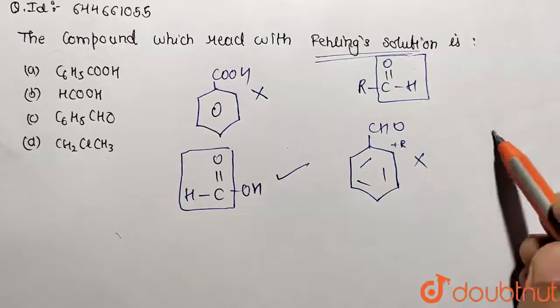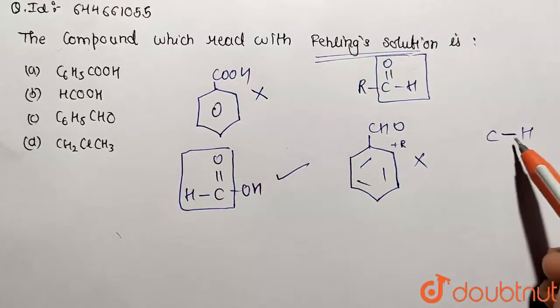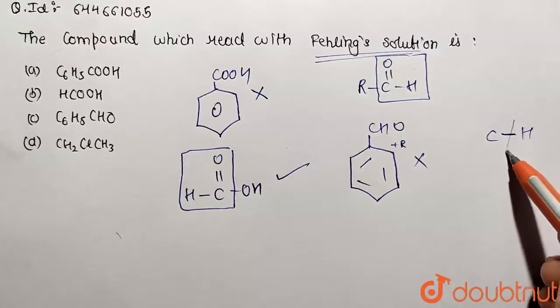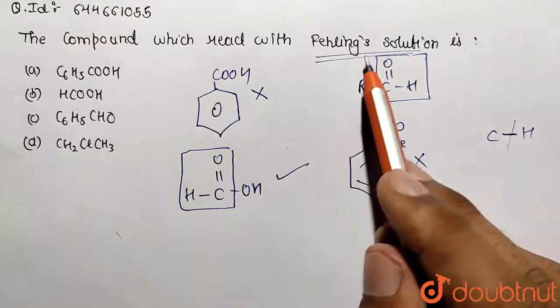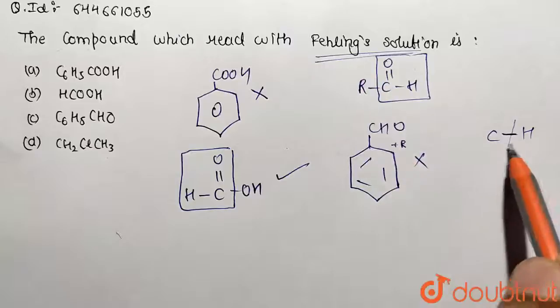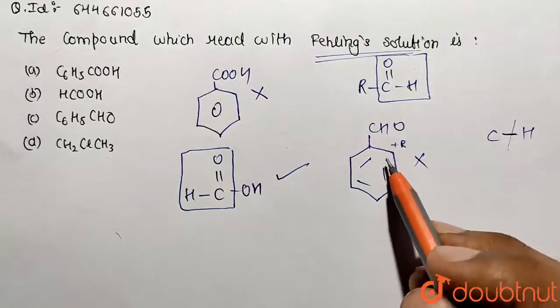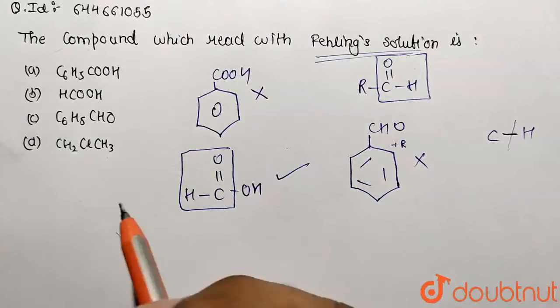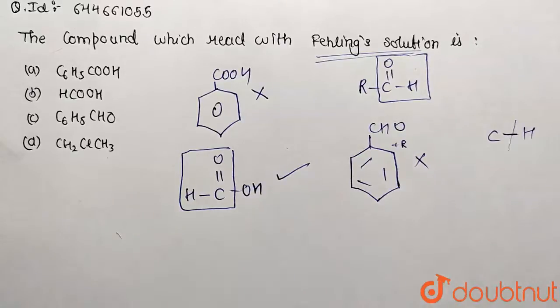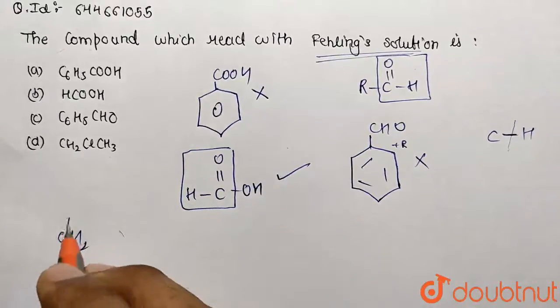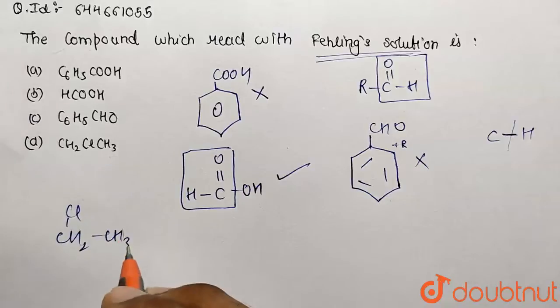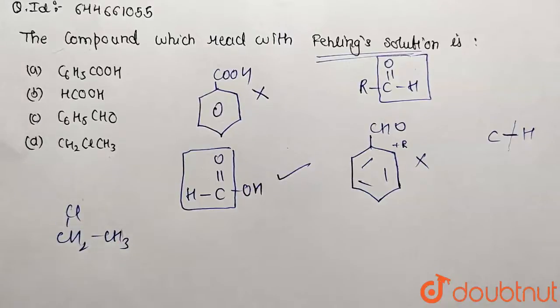So the reason is that the CH bond is going to be stronger in strength. That's why it cannot be cleaved by this weaker oxidizing agent over here. So this cleavage does not take place. That is why benzaldehyde is not giving the test. Similarly over here, this molecule is given to us, CH2 containing Cl and CH3. So it is also not containing an aldehyde group. So it's also not giving the test.